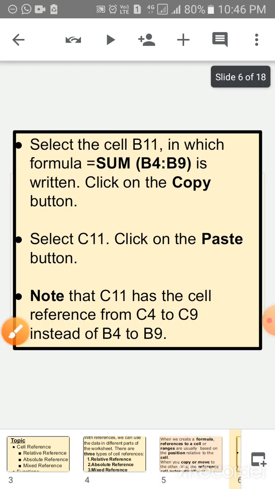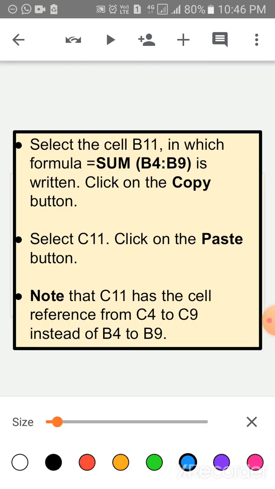Children, suppose we select the cell B4, in which we type the formula. Begin with the equal to sign and write the function name SUM, and within brackets select the range.